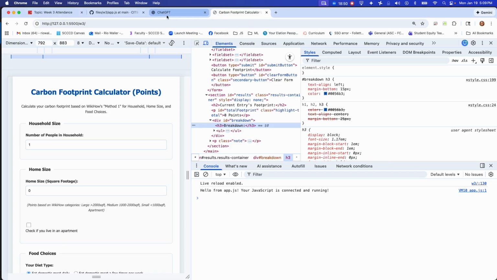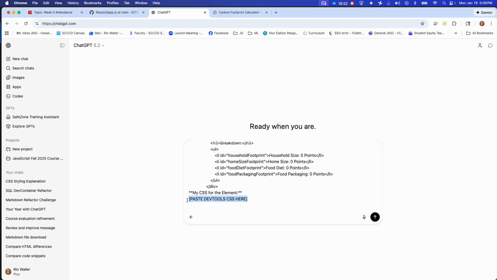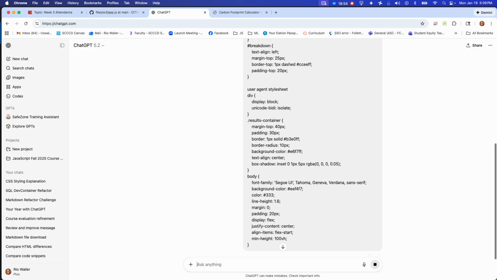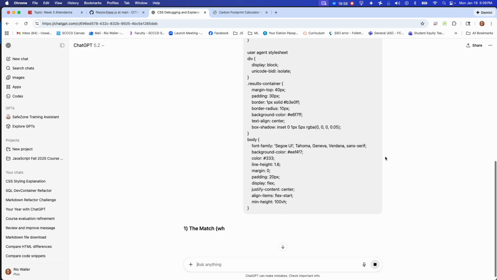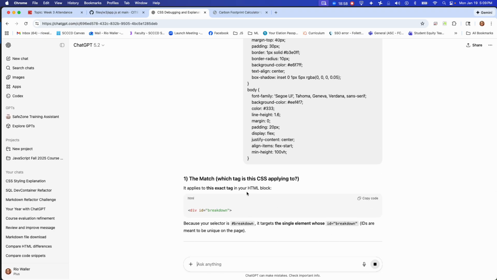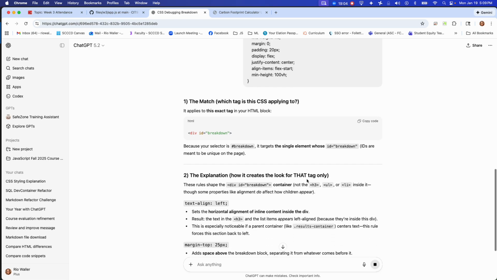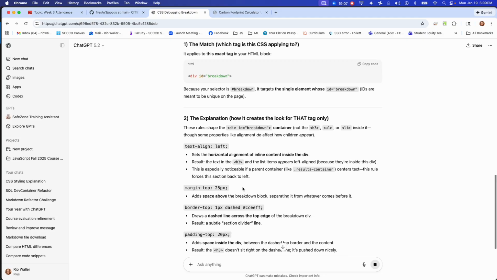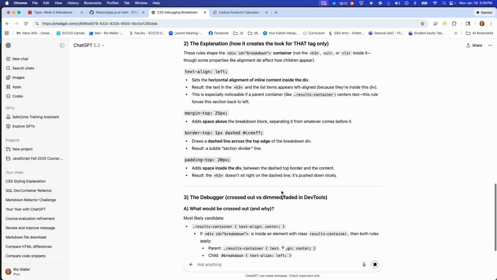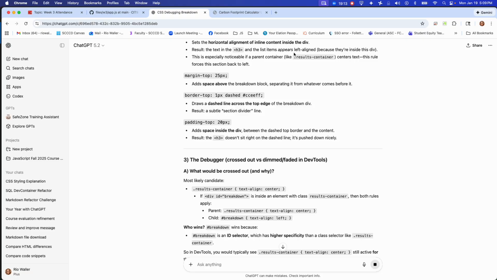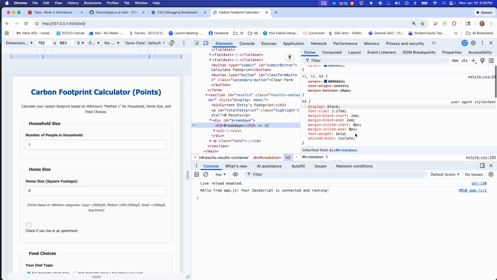Okay, back at the prompt. Now here, for that element. Okay, so now that you've given it that, this is going to give you some content. This applies to the exact tag. You are going to read this, do your best to understand it, because it'll also talk about, and I didn't even mention this, let's actually go back here to the div to kind of see this,